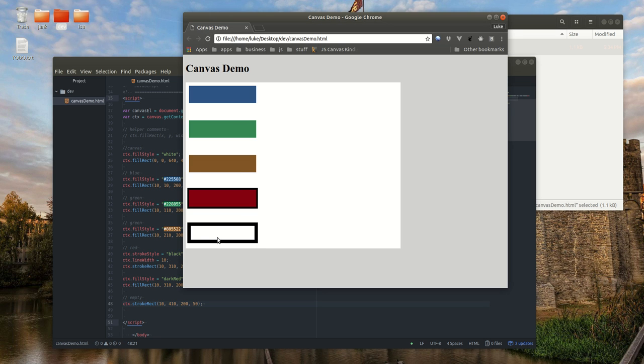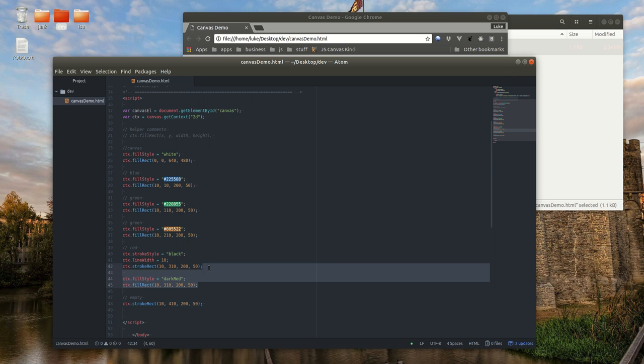So we've got an empty. So notice this is the same stroke style. The line width is 10, but over here you can only see 5 pixels. That's because the red rectangle was drawn over the top of the stroke. If you did it the other way, if you draw the stroke after, which we can go ahead and just do,